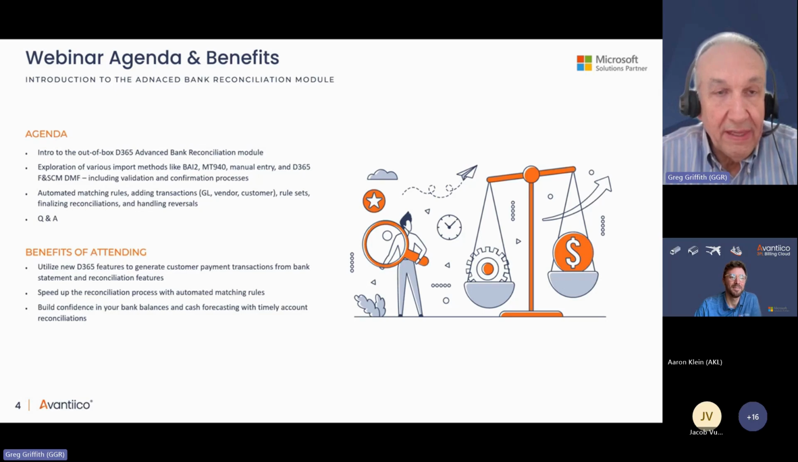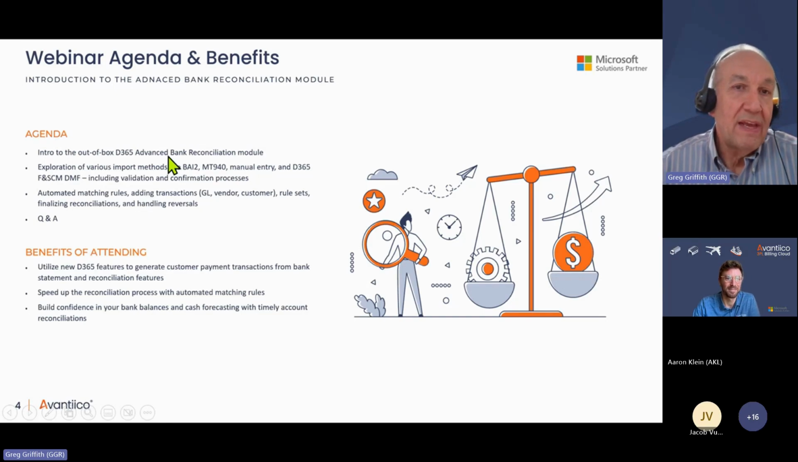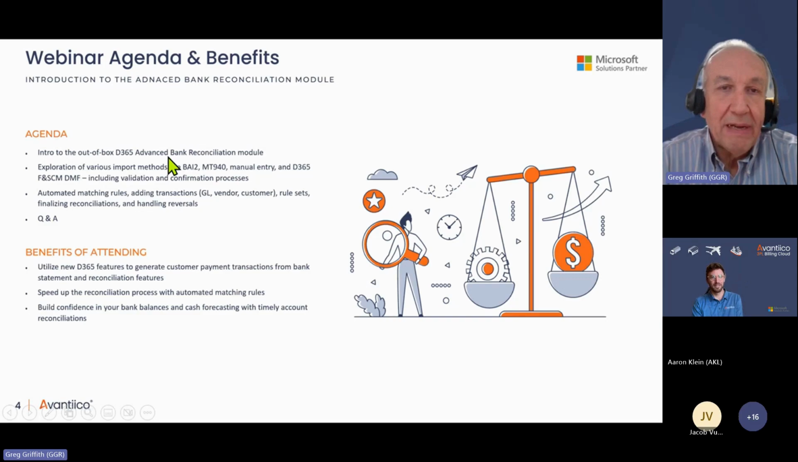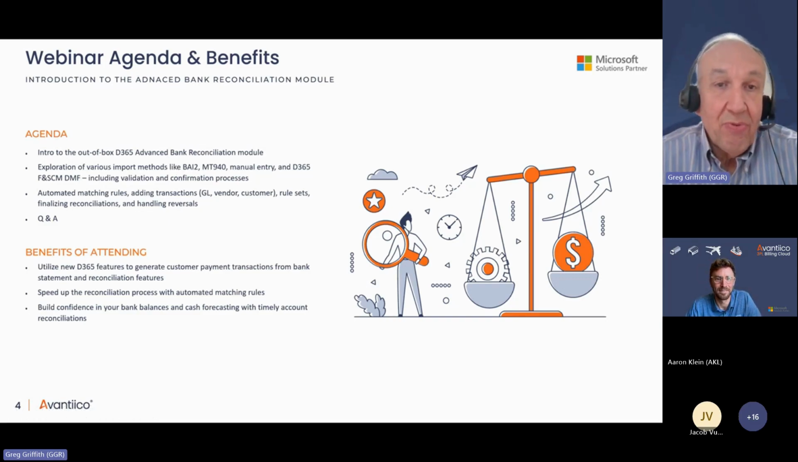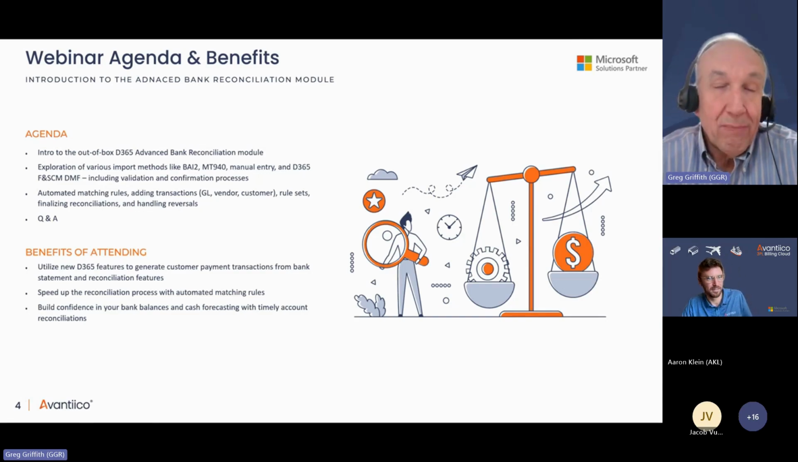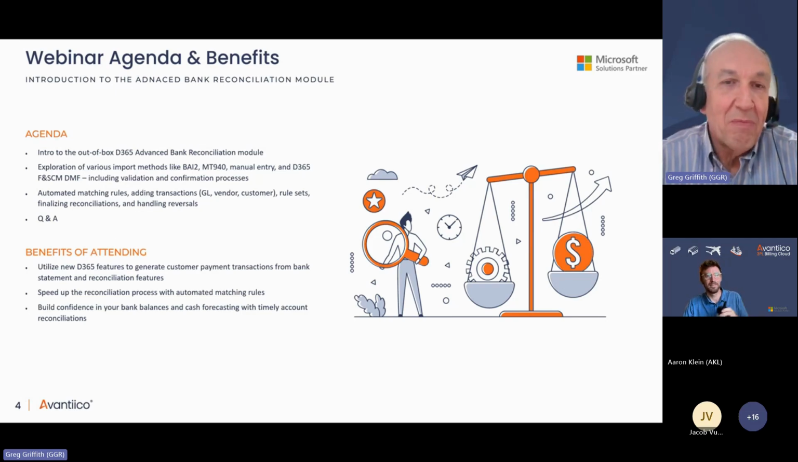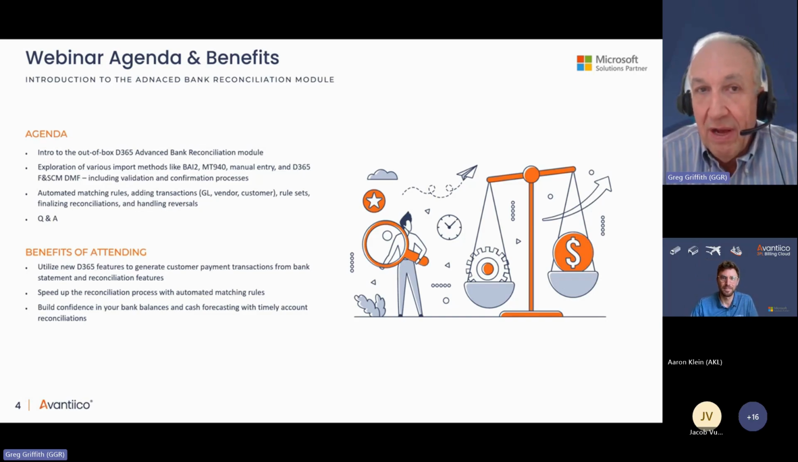So Aaron, I think, just read this already, but this is our agenda. It's an intro to the Advanced Bank Reconciliation module. Microsoft has recently put new features in. We used to have 3 action types on reconciliation clearing rules, and now we have, I forget right now, 8 or 9, but they have more than doubled the type of actions available on